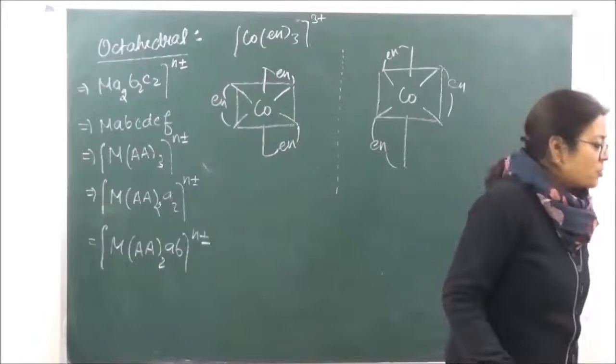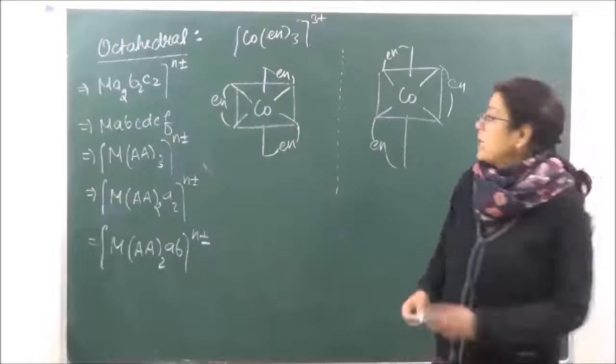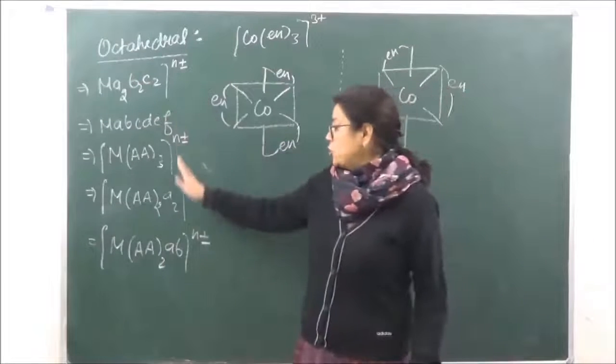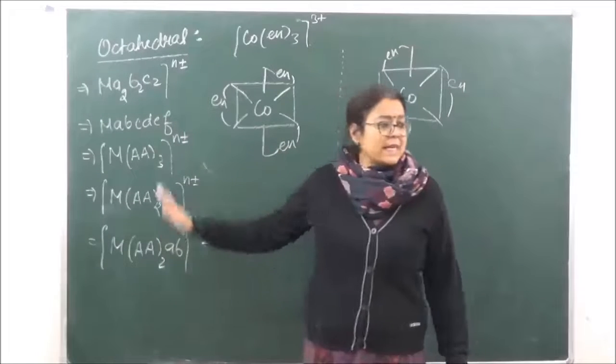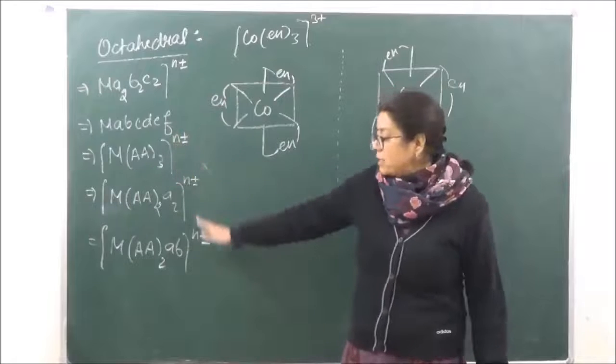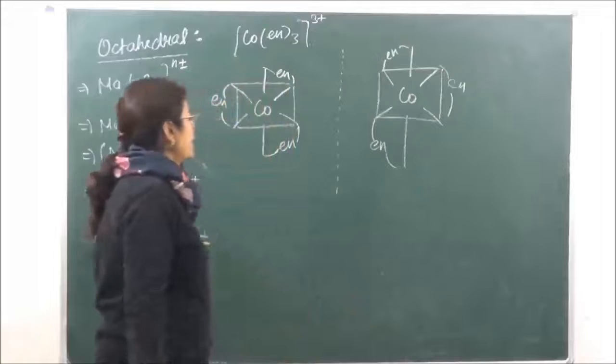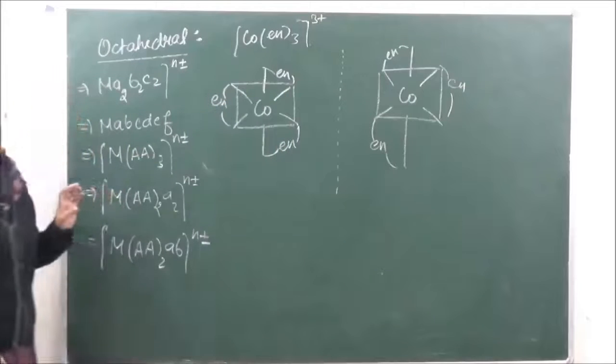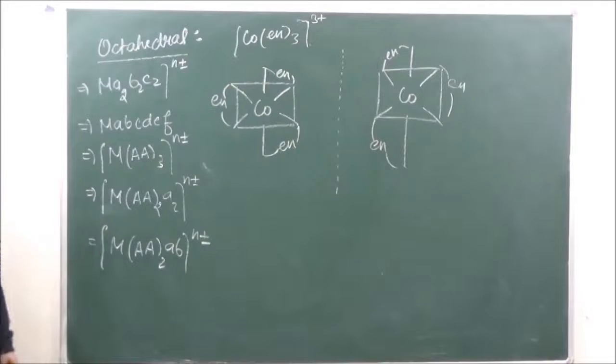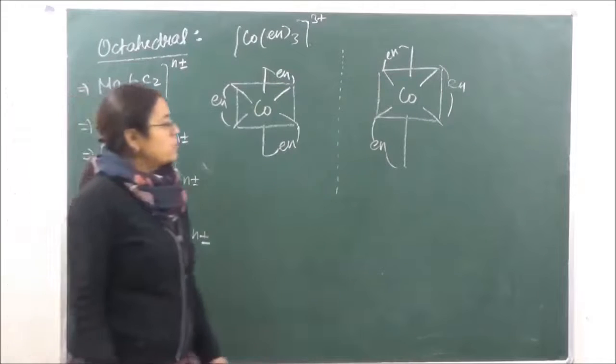So if you get a question over here, and they've given you a compound, I've already given you a generalization. You have to first see whether that compound falls in this particular category, because only those compounds which fall in this category are going to show optical isomerism, otherwise they are not going to show optical isomerism. Okay? So today we are going to do only till here.